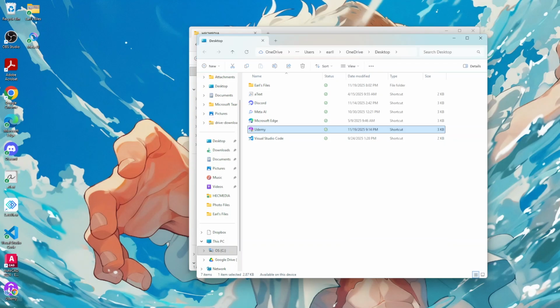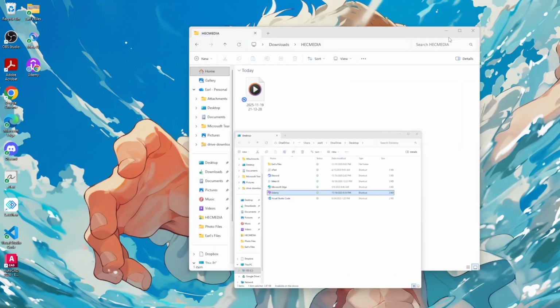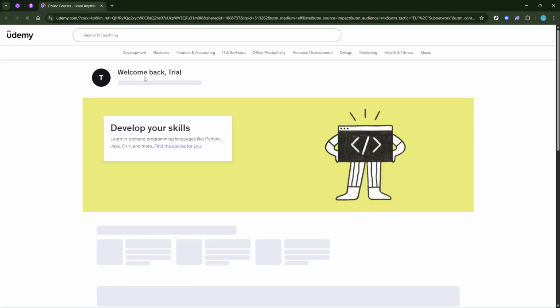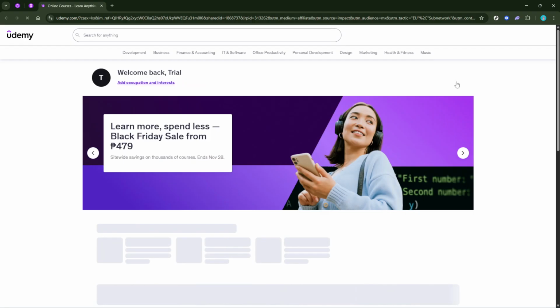Once you're satisfied with your settings, click the Create button in the dialog box. This action saves the shortcut to your desktop. Now, you've successfully transformed the Udemy webpage into a dedicated access point on your laptop. You'll find the newly created icon on your desktop, ready to be used. Double-clicking on this icon will launch Udemy just like an app, without the need to manually navigate to their website each time. Making this shortcut not only optimizes your workflow, but also adds convenience, keeping your online courses a click away.